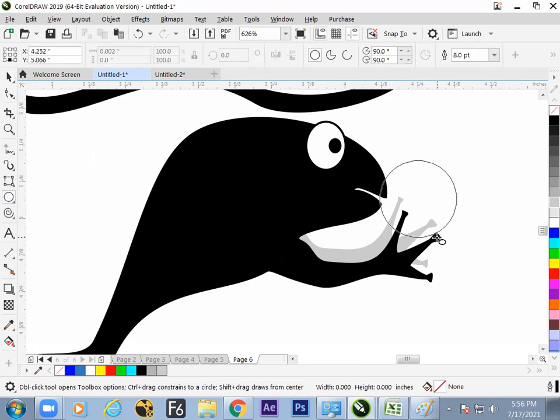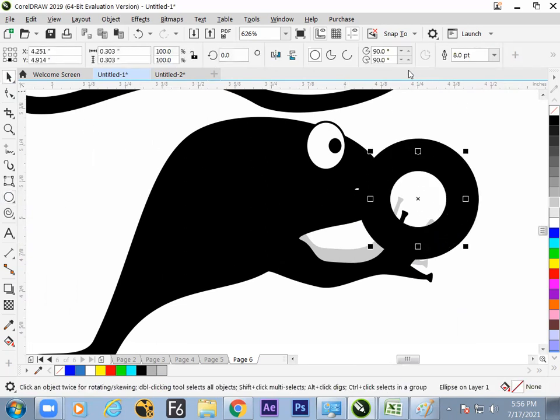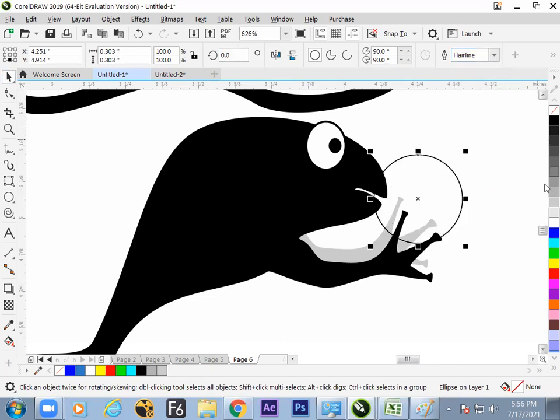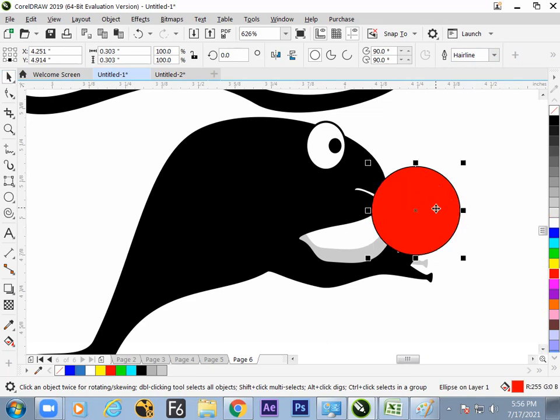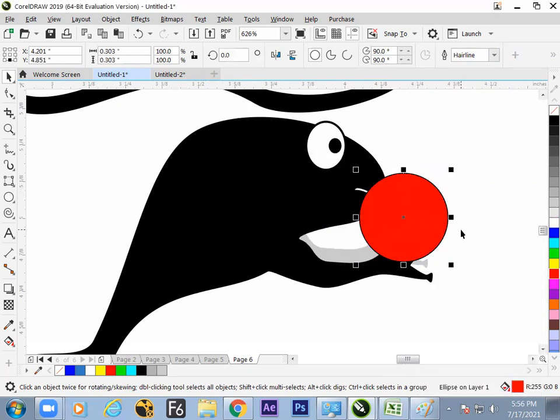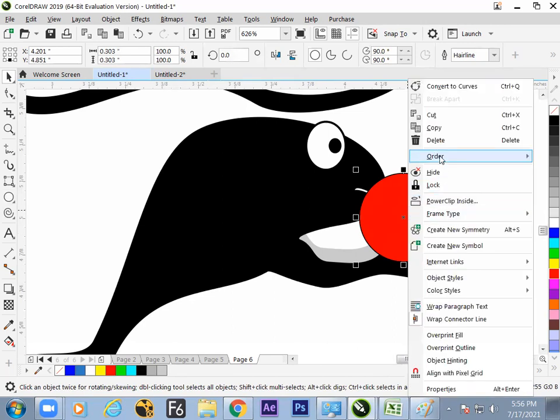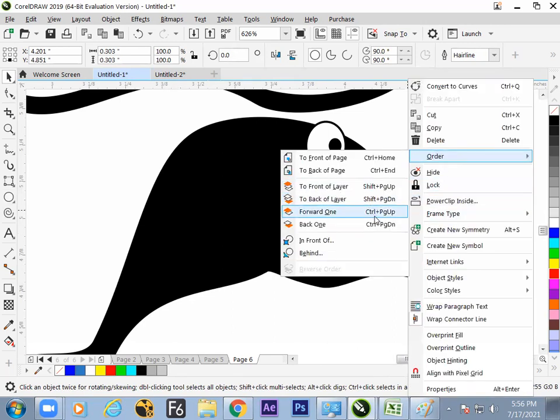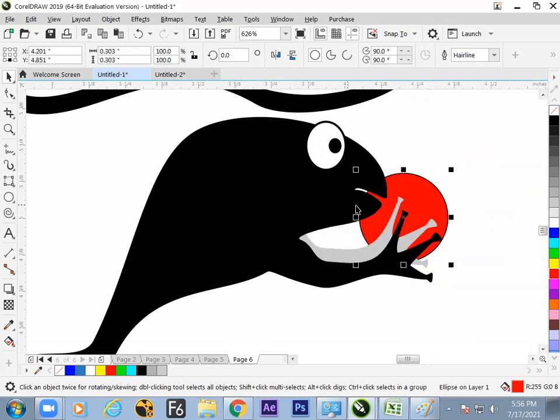Make a ball to be placed on your hand, a line, and get the ball behind, one step back or completely back. What is that? Order. Back one, forward one, to back of layers.